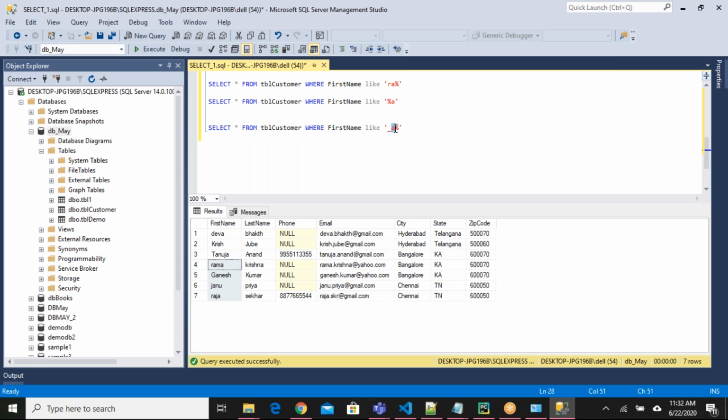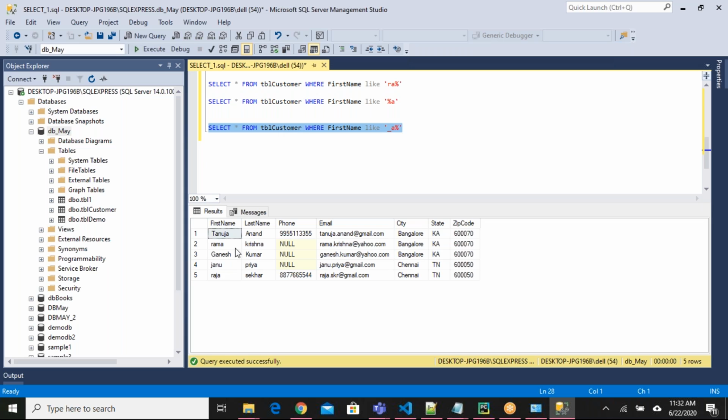The second character we have provided as A, so the second character must be A, and with the percentage symbol, any character is fine later, and any number of characters are fine after A. If I run this query, the records considered are Rama, Ganesh, Janu, and Raja. See here, Tanuja also has A in the second character, so it is also considered.